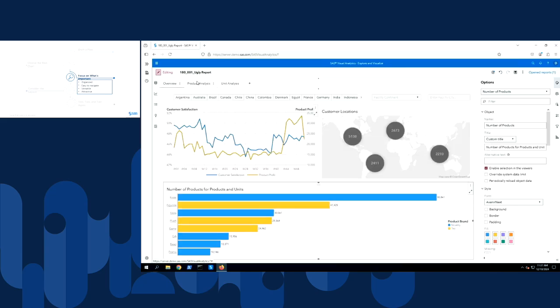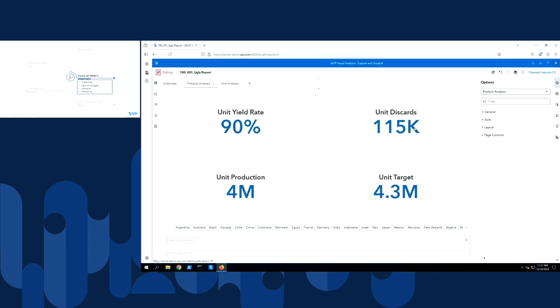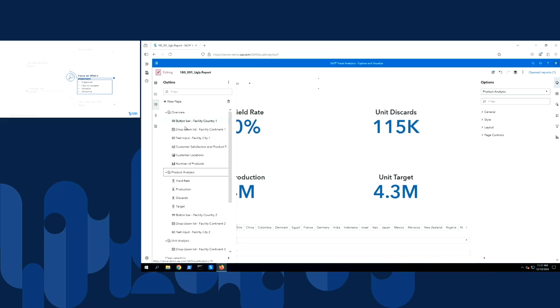And then all of my key value objects, they're talking about units. So I want to move them to Unit Analysis. I can do the same thing. I can right-click them and move them to Unit Analysis, or I can use the outline pane. So in the left pane, the outline pane shows all of the pages and all of the objects on each of those pages. Here, I can click and drag objects to move them.